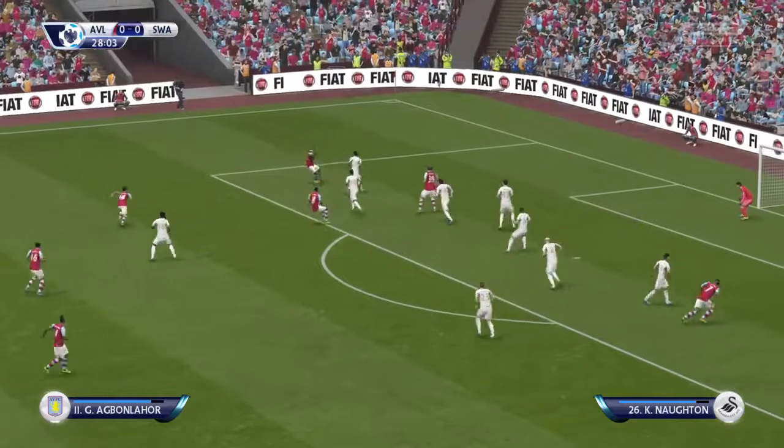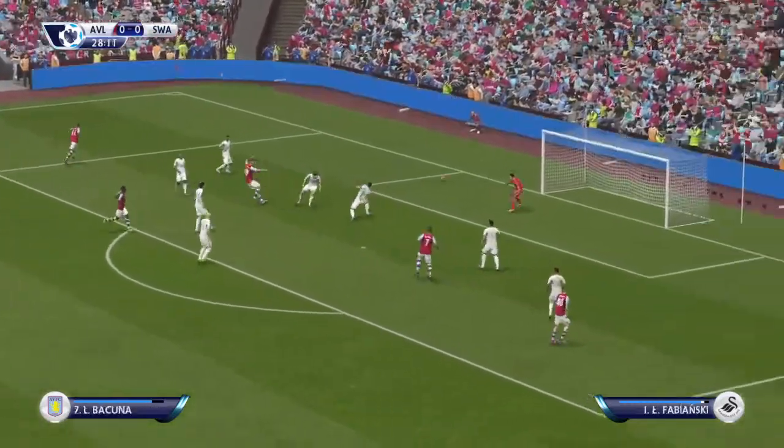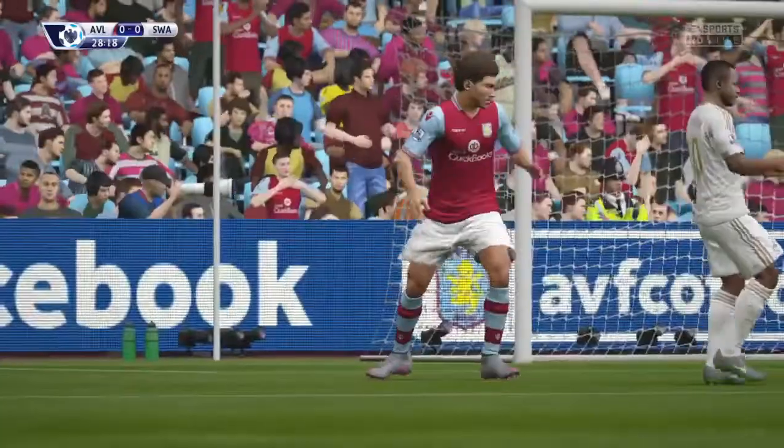He's got support here. The shot's on! An opportunity there, an opportunity wasted.